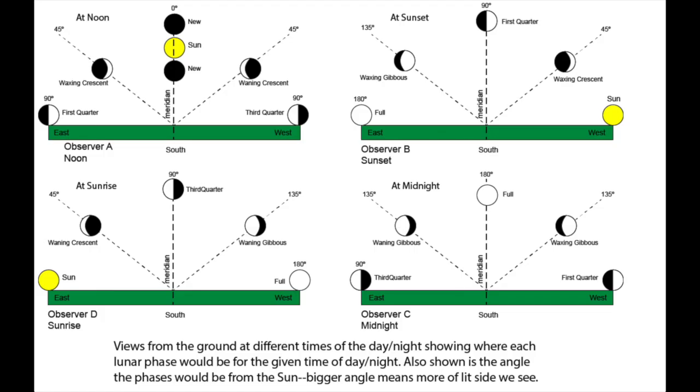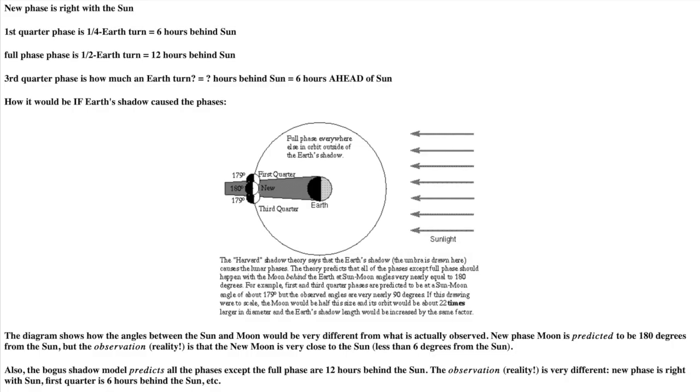Note that each major phase, new, first quarter, full, and third quarter, are about 1 week apart from each other, 4 major phases every month. Also note that the bigger the angle between the sun and the moon, the more of the lit side we see. The phases of the moon are due to the angle between the sun and the moon, not the